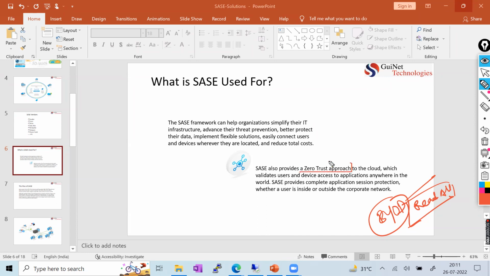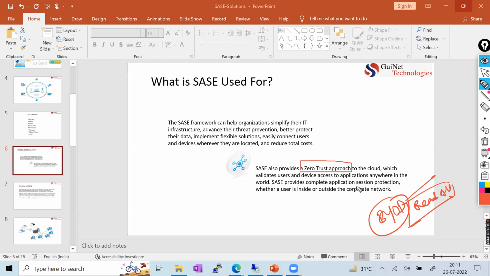First, if you're not going to prove your identity, you are not allowed to join the SASE fabric. Once you join the SASE fabric and prove yourself, I am the right person, I can join the SASE fabric, then your every activity is going to be tracked by different mechanisms, which I'll talk about at a later stage, right?